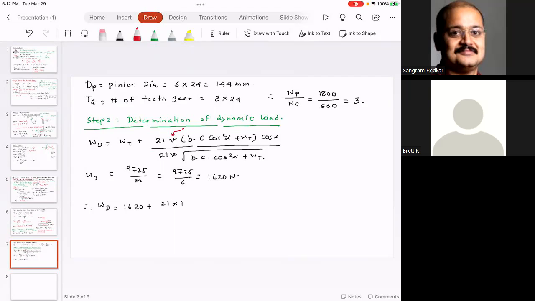So, 1040, spur gear. Now the reason I want to point this out here is in this particular problem, for helical gear, if you look at the equation, they don't define the terms. So they say the terms are same as the spur gear, but this V has to be in meters per